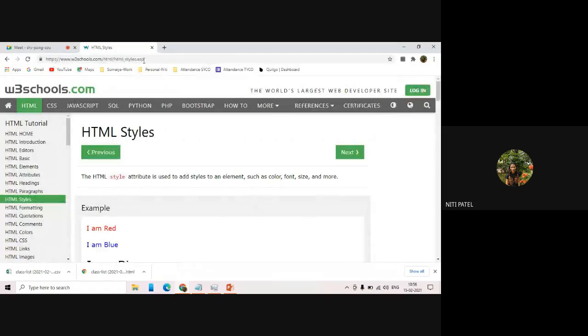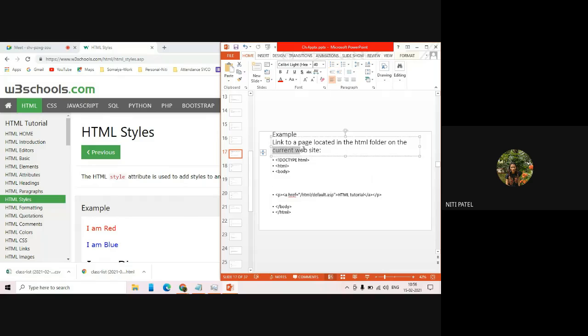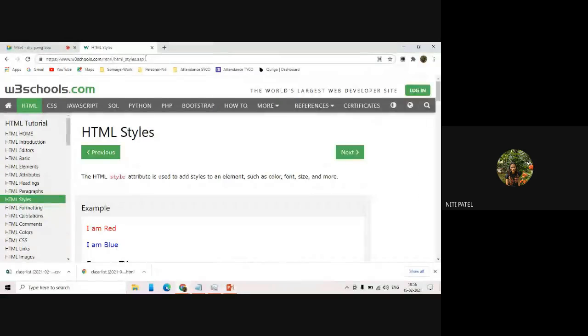So what is the meaning of this? The current website w3schools.com is already known to me, I only have to go two steps further, so I mentioned only that much. When I'm talking about this page, the current website is already known to me. What I'm doing is only navigating to this particular page by clicking on this HTML tutorial. Understood? No problem if you write from HTTPS also. It will take you to that page correctly. Both ways can be done. But if you want to go directly from the current website to any folder, you mention only this much part. But if you want to go from the start, you mention the entire link. Both of them can work.